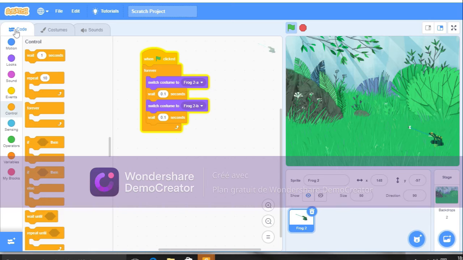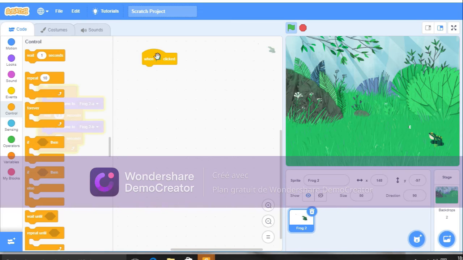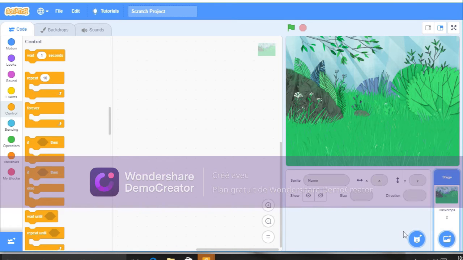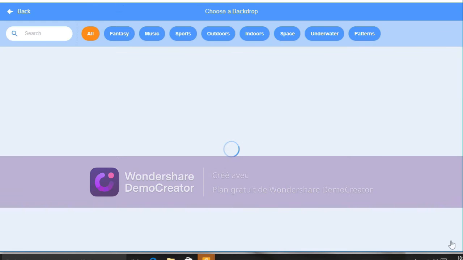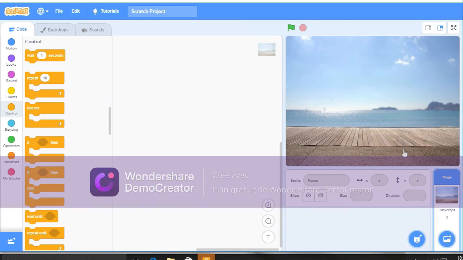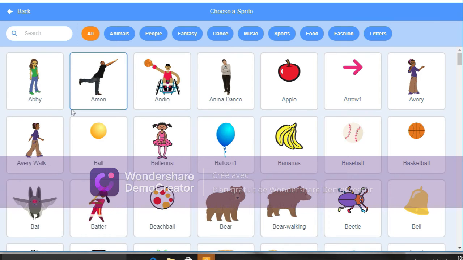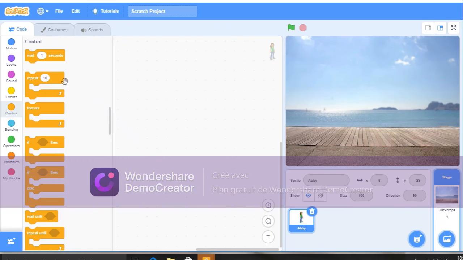So now we're going to do a conversation between two persons. So I'm going to remove all of this, also my frog, and I'm going to choose a new background. So I'm going to select this one. Then I'm going to choose two sprites. So Happy, I'm going to put her here,